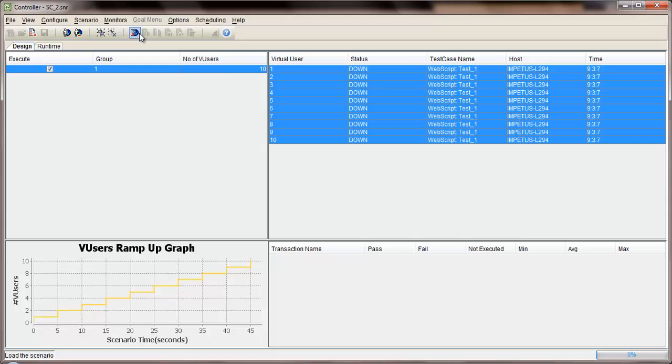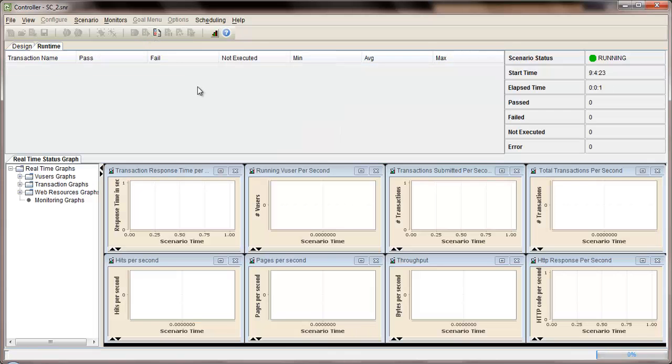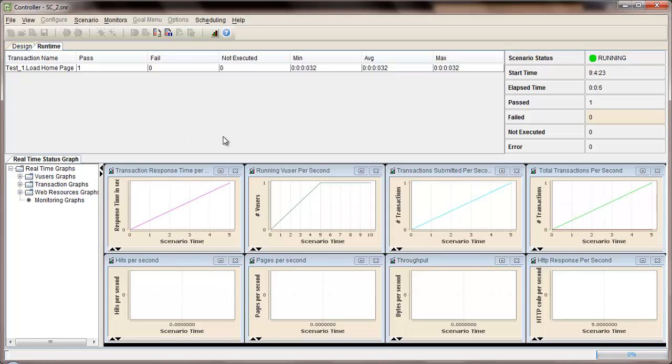and execute the scenario. Now to execute this, first you need to load your scenario. So let's do that. So you can see the status changing from dormant state to loading to a ready state now. Once you achieve this, you simply have to run your scenario, and this is a real-time representation of the scenario